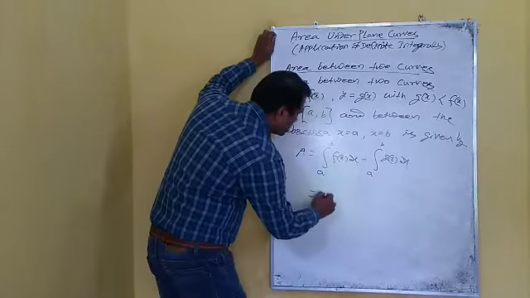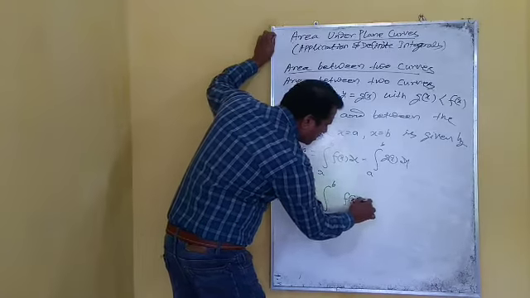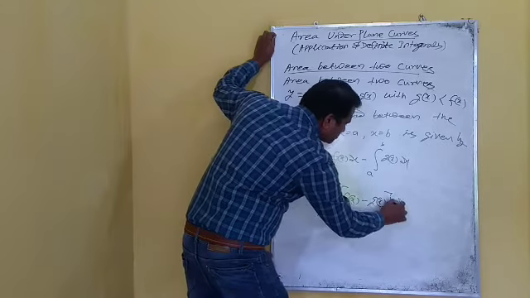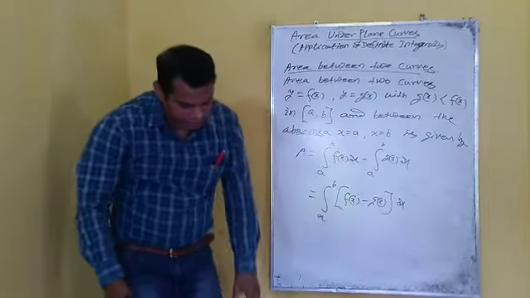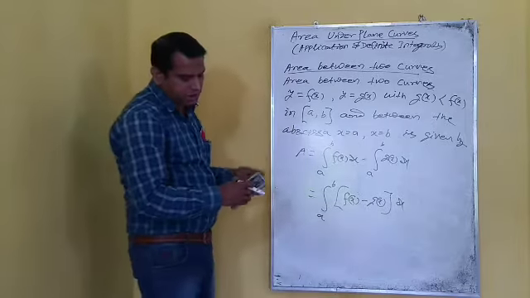That we write as integral A to B f of x minus g of x whole dx. Okay, now we take an example from your exercise